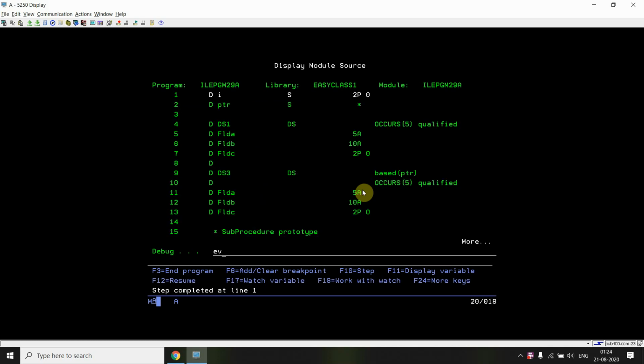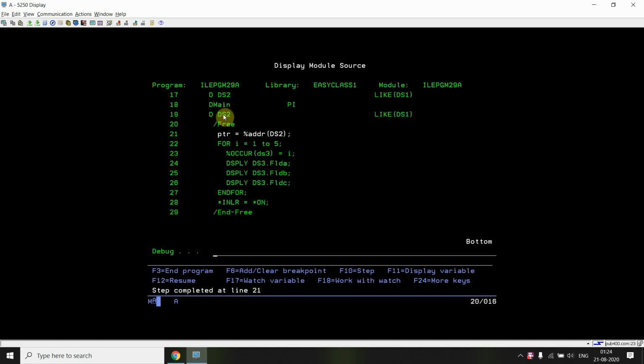Here you will receive that DS1 in DS2. If you look at eval DS1, you will find nothing. But if you look at DS2, you can see this. In this case you are not showing all the references, as I told you, because you have set the first occurrence, passed that, and now you receive it in DS2.